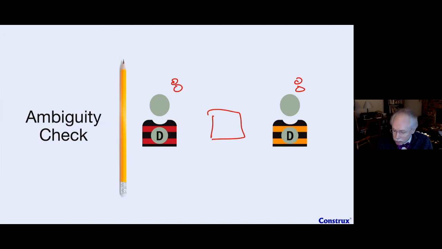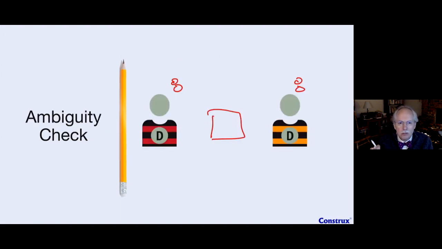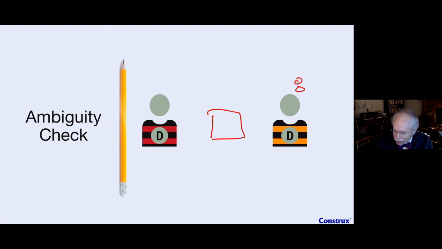It is not a way, because remember, we're using our highly probable point here, this easy point, this gut checkpoint, to come up with it. So we're not trying to make a promise with this. We're not even trying to plan with this. We're trying to say, do we understand the ambiguity of this? And if we have agreement between our two main partners here, then yeah, we probably see the work the same way. If someone comes up with a radically different number, then we have to have a conversation.